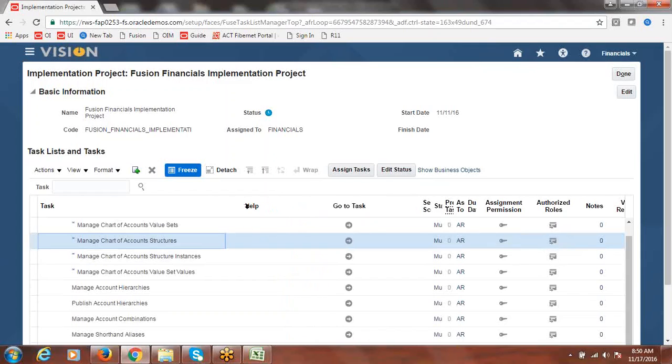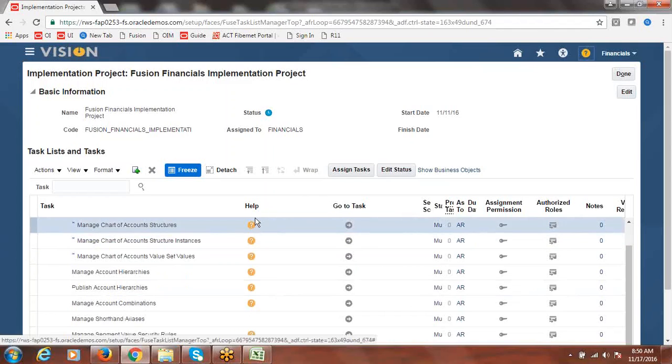So here we have a help element. If you want to know what exactly whatever setups you are doing mean, you simply have to enable the help. If you enable the help, the help icon will get enabled for each and everything, so that you can go and get to know more information on that. So I'm enabling the help. Now help is enabled for everything.